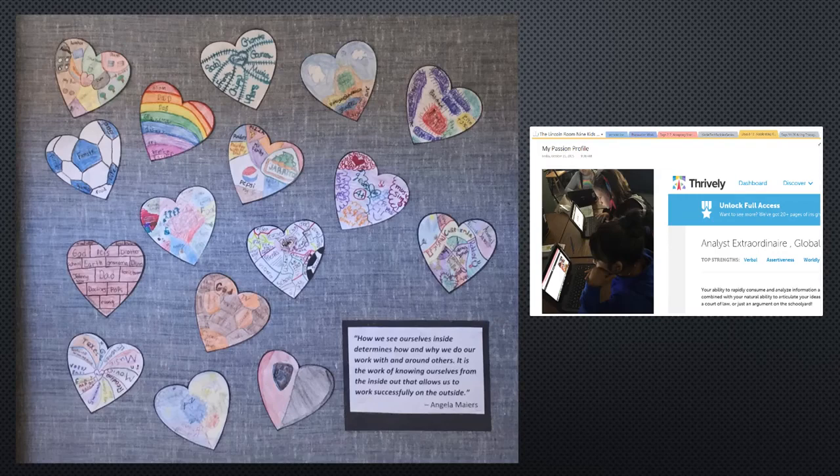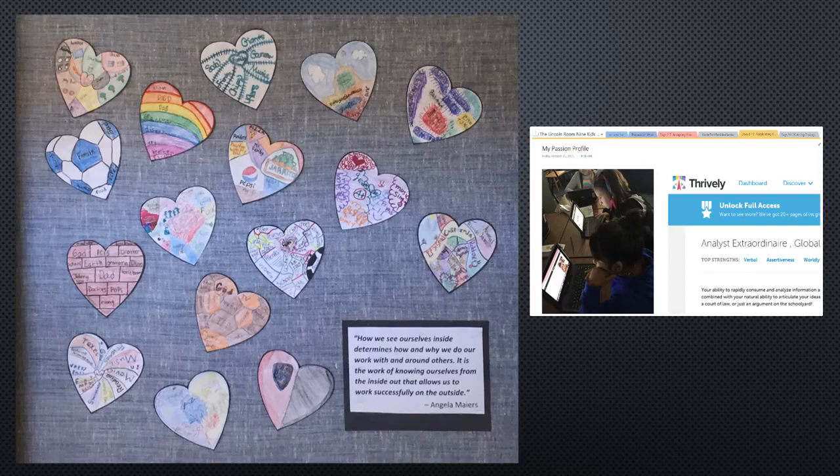So a student can go onto Thrively once you've created their accounts, and they can take a test that will show them what their 5 strengths are, which is pretty insightful and pretty cool for the kids because it comes back and says, oh, you can consume and organize information and you are great at social, emotional things. And here are some career paths you might consider. So kids start looking at that and say, oh, these are the kinds of things I am. And inside my heart, these are the kinds of things that I consider before I make big decisions.